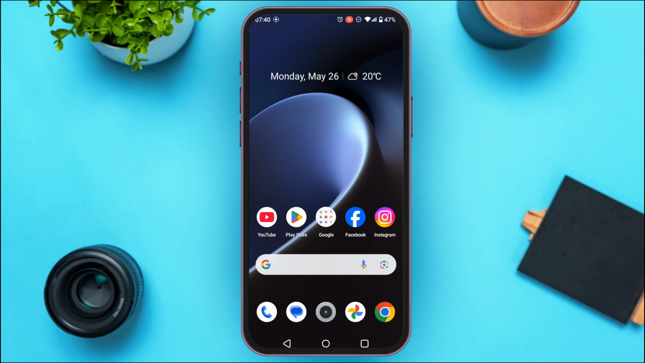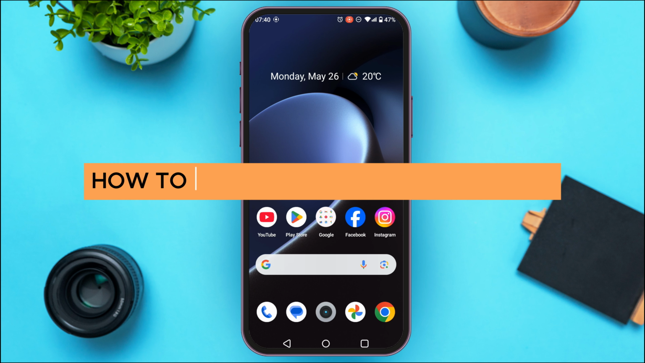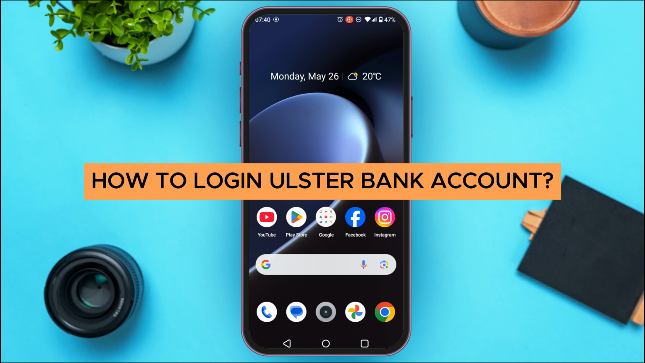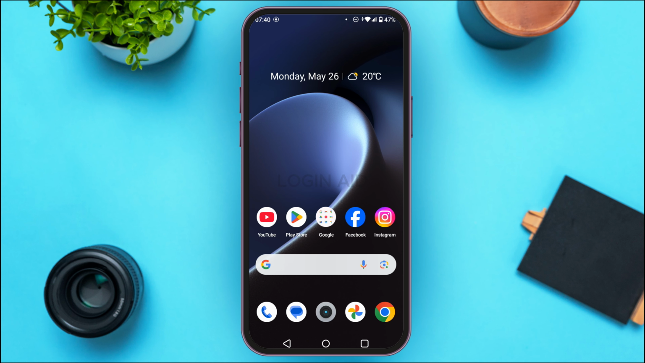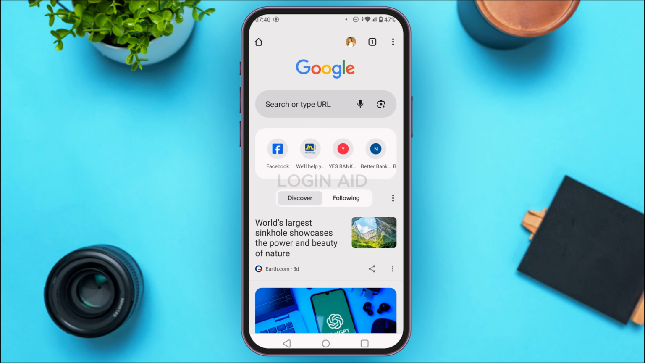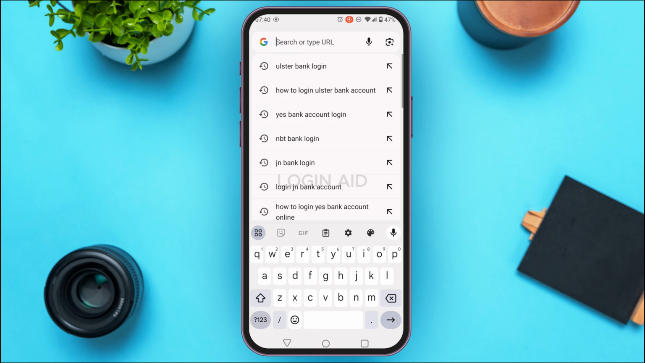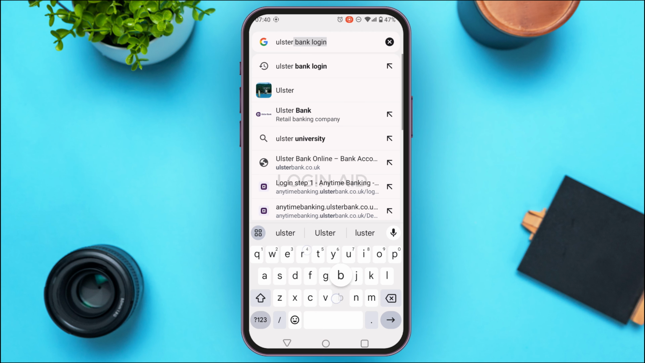In this guide video, I will show you how to log in to your Ulster Bank account. So first of all, launch any browser of your choice. You can see over here I've opened Google Chrome. Tap on the search bar. Now over here what you have to do is type in